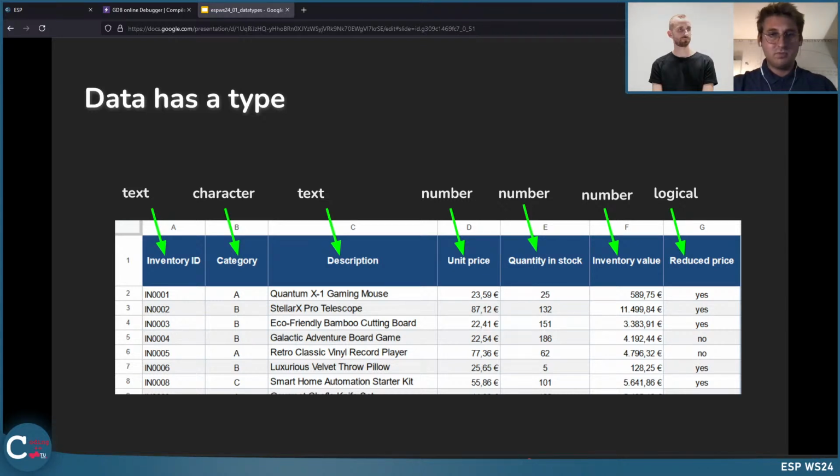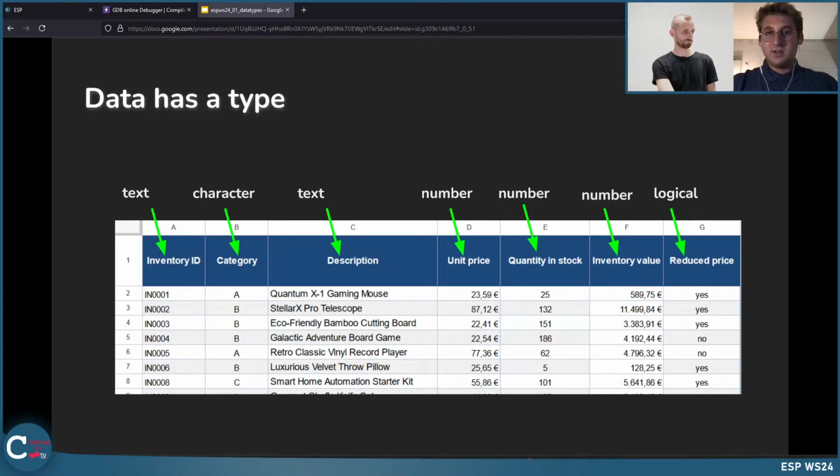The second column seems to have just 3 different values, and all of these values are one single letter. It's either A, B, or C. So one letter is just a character. The description consists of multiple words, so we just call it text.